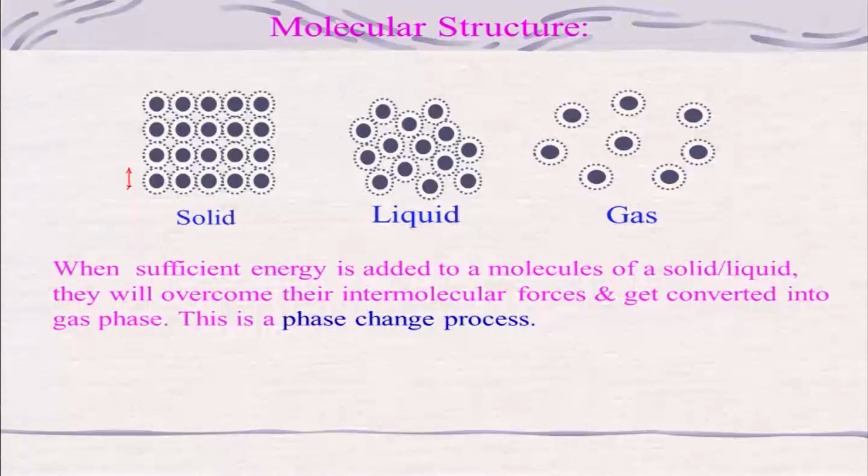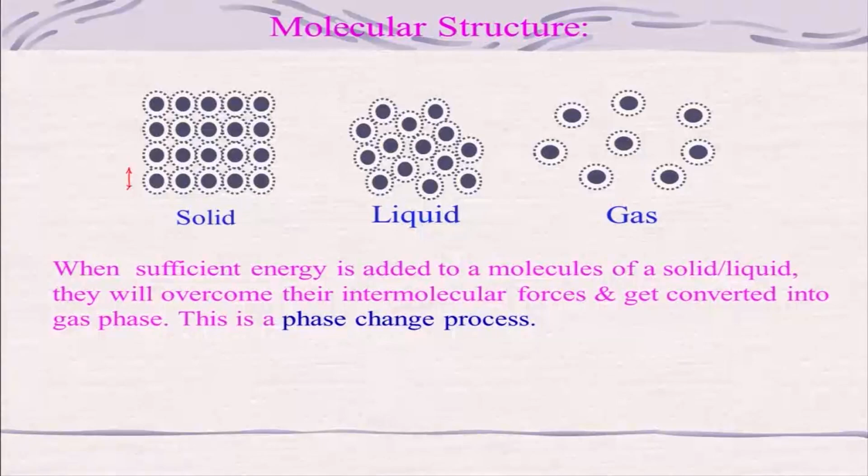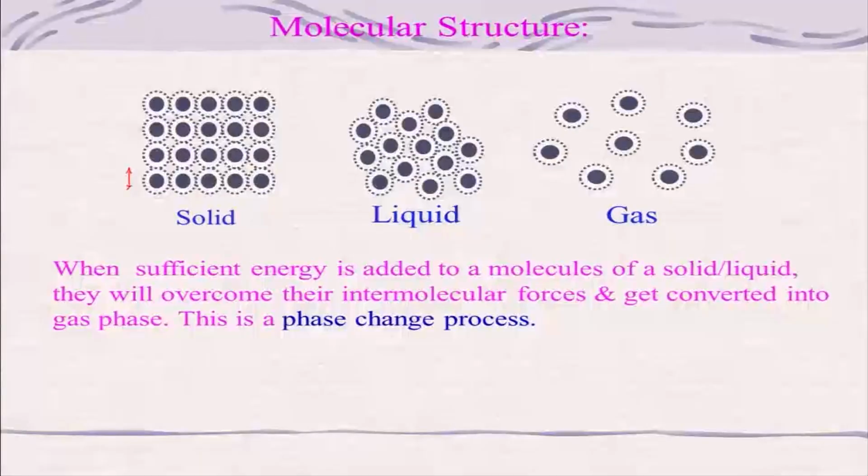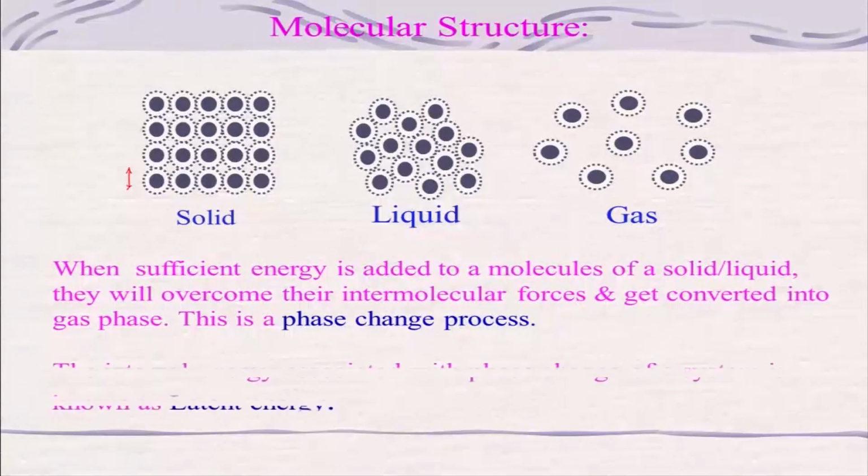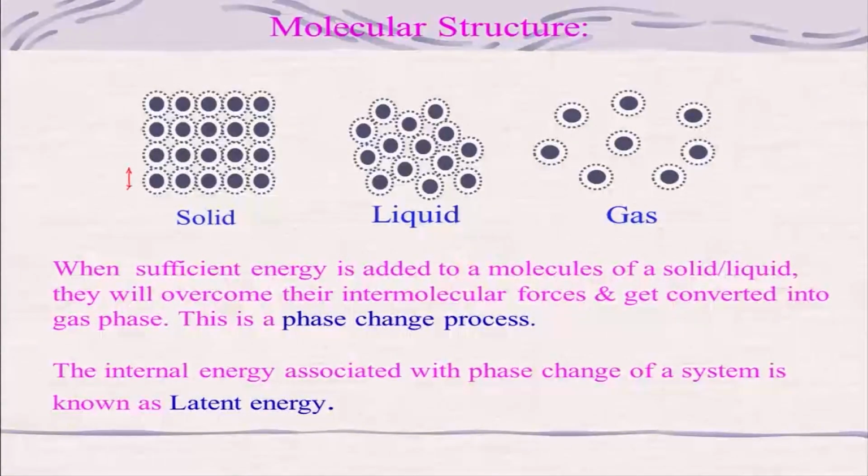These intermolecular forces will be reduced and overcome, and the substance is converted into the gas phase, right? Or a solid can also get into the liquid phase. This makes the phase change process occur, because you are adding some amount of energy so that the molecules can overcome the molecular forces. And this internal energy associated with the phase change process is known as the latent